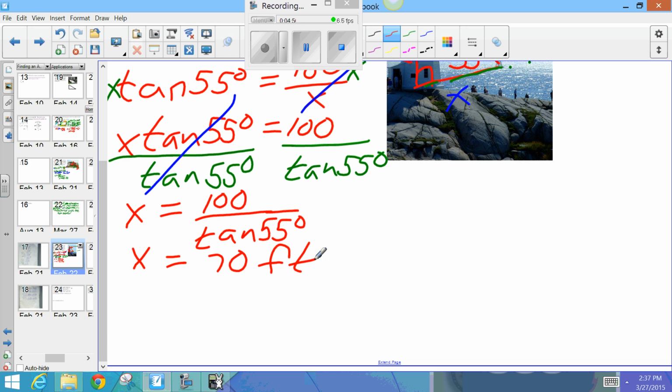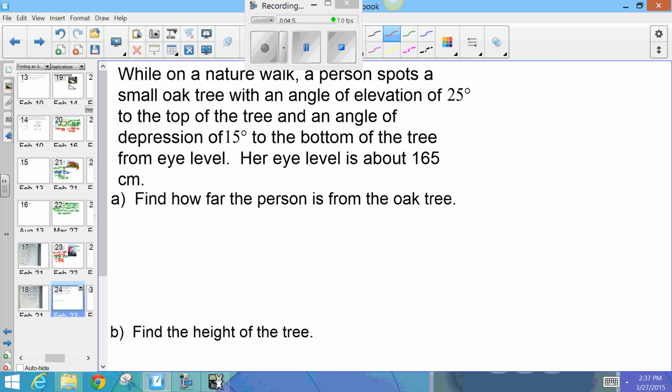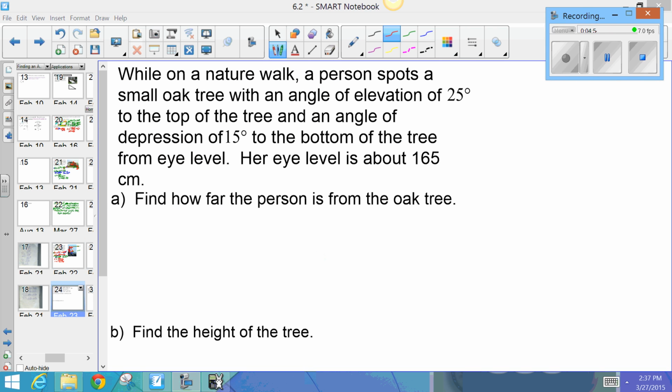Next problem. While on a nature walk, a person spots a small oak tree with an angle of elevation